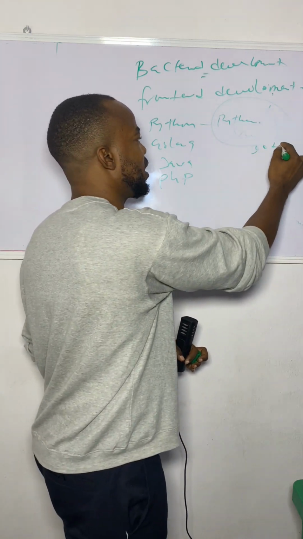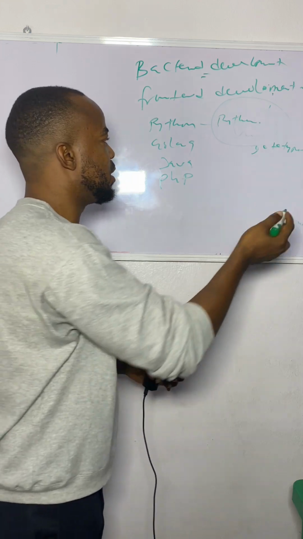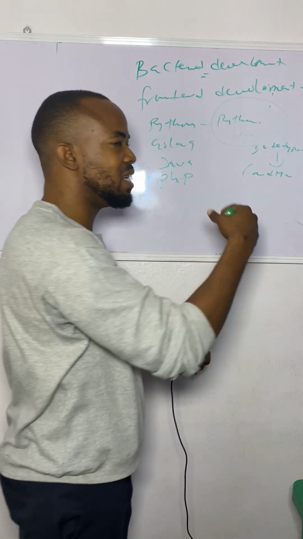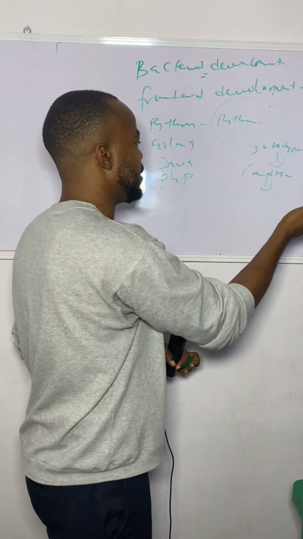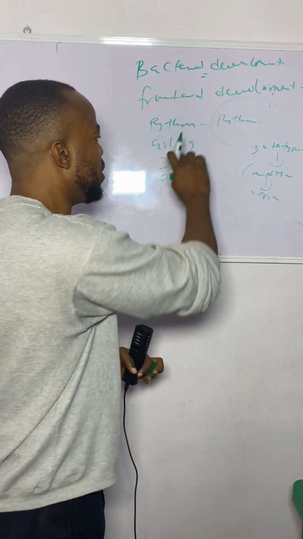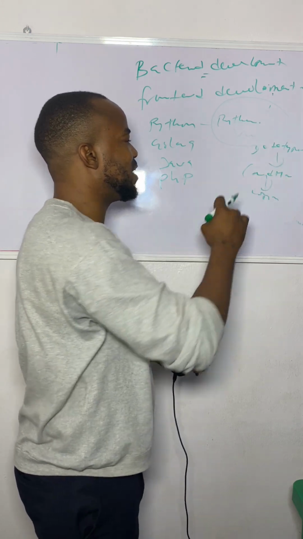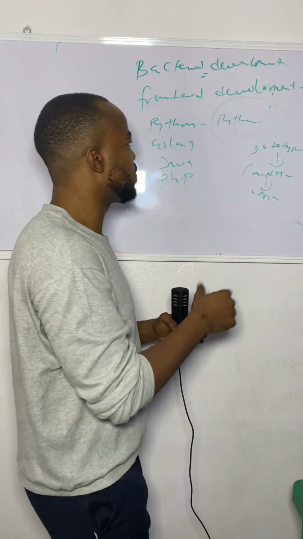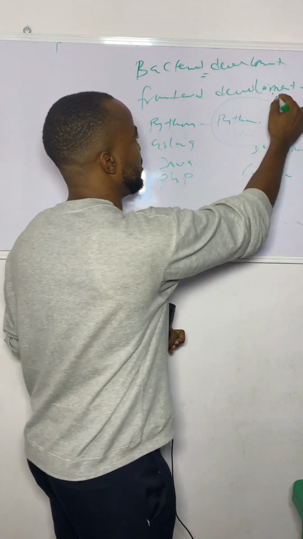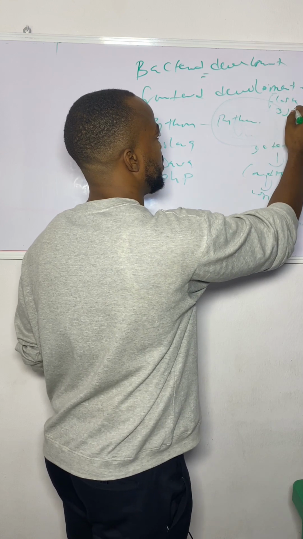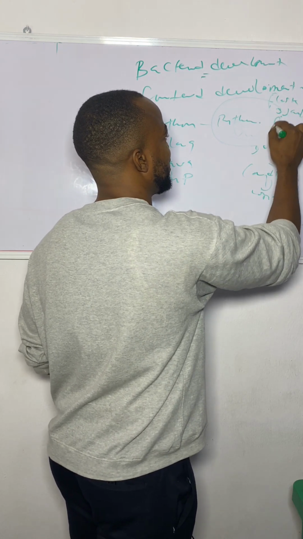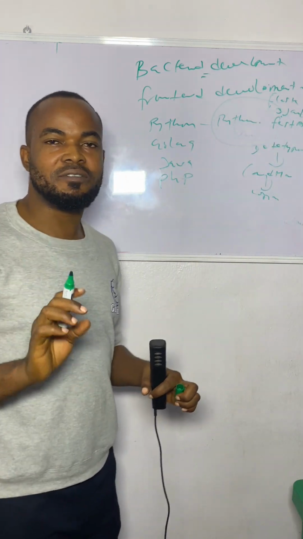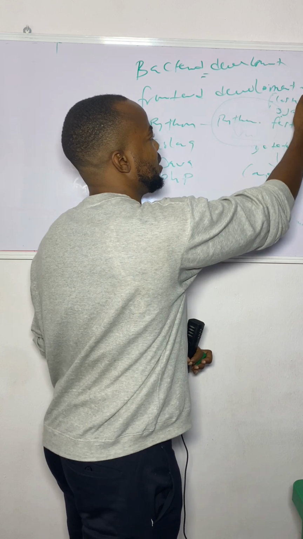Make sure you know the data types in Python. Once you are done with the data types, the conditional statements as well are really important. Just follow the same process, and then we have the looping aspect of things. Once you are done with data types, conditional statements, and looping, it's advisable to pick one web framework of Python. The popular ones I know of are Flask, Django, and FastAPI. As a beginner, I'm going to advise you to start with Flask,